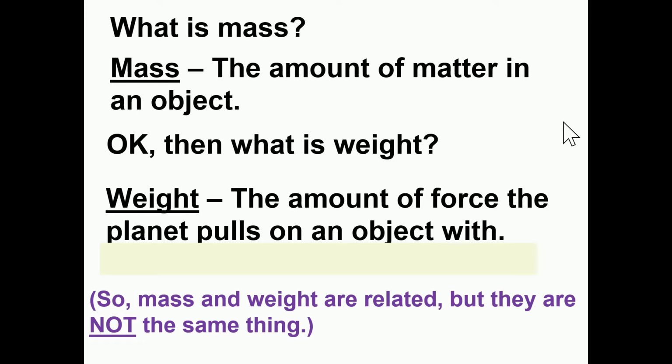There's a good deal of confusion due to some of the ways these are used in our society. For example, if you go to the gym and lift up the barbells, on the side of the barbell, it will give two numbers. One number will be in kilograms, which is its mass. The other will be in pounds, which is its weight. So a lot of people look at that and think they are the same thing. However, if you were to take that barbell and again bring it to the moon, one of those numbers would still be correct and the other one would be very, very wrong.